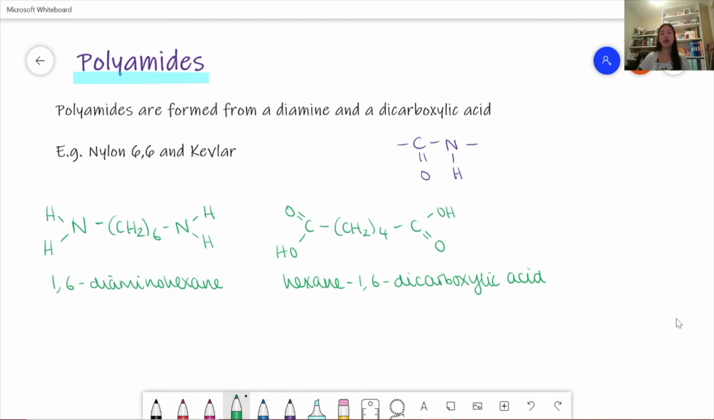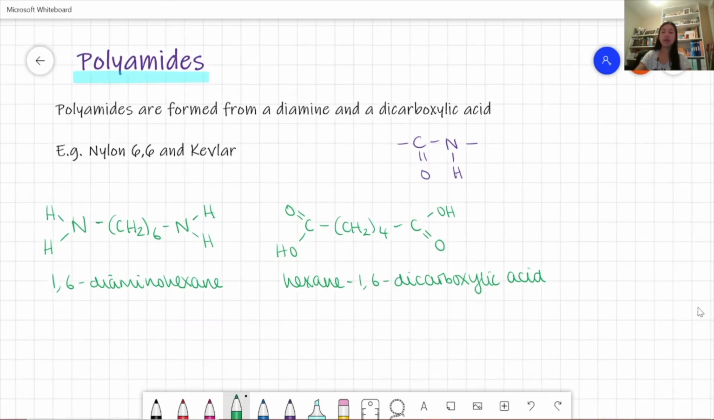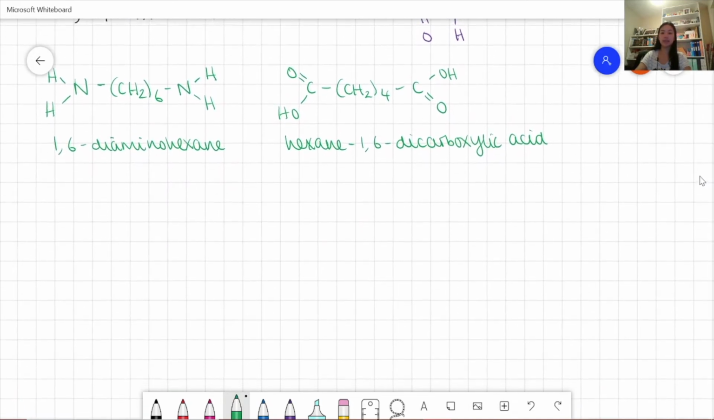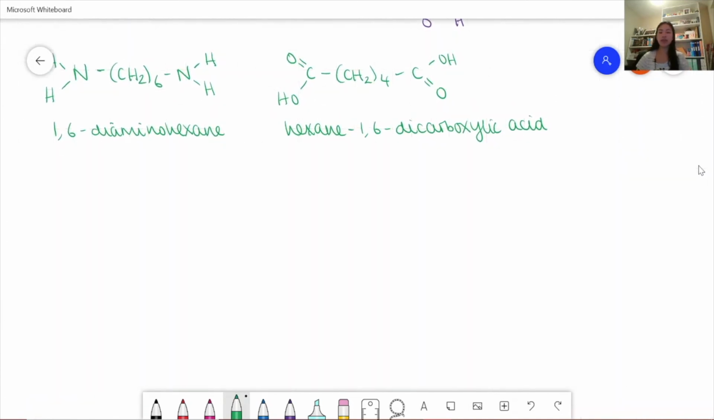And these two react together to form nylon 6,6. And you'll need to remember these 2 chemicals that join together to form nylon 6,6. So again, what we do is we have the diamine and we have this dicarboxylic acid,